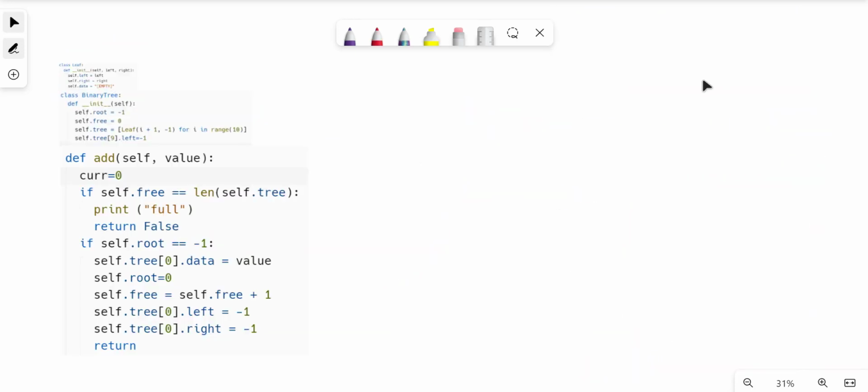Okay. What I've done then is created a new method inside binary tree called add. It's responsible for adding or inserting a new value into a binary tree. I've made this class really tiny because we're not using it anymore. We only used it to build the tree. What we do care about, obviously, are this class's attributes,